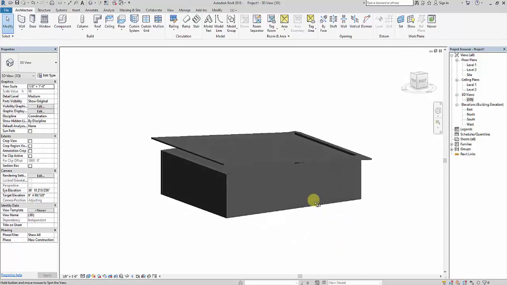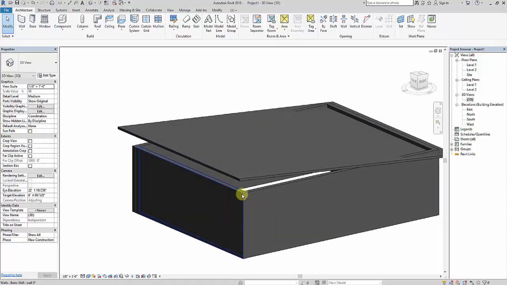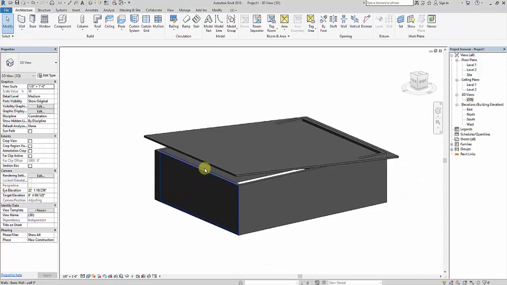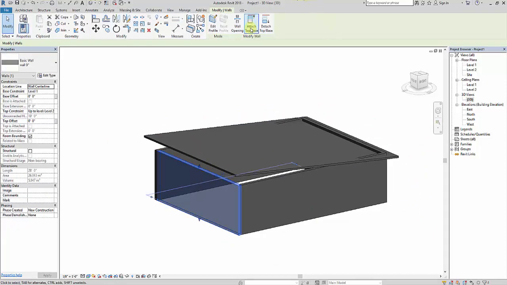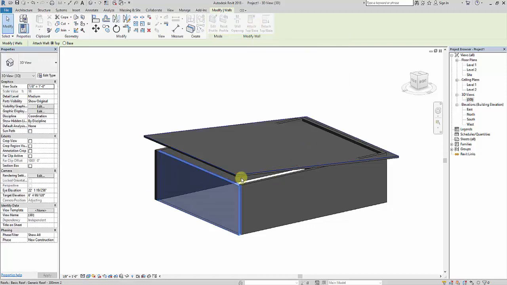Now you can see the wall is not properly attached to the roof. So the next thing I need to do is attach the wall to the roof. Let me select the wall, and in the ribbon bar, in the Modify Wall tab, I'll select Attach Top or Base and just select the roof.